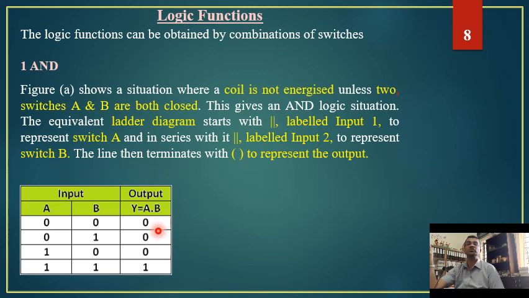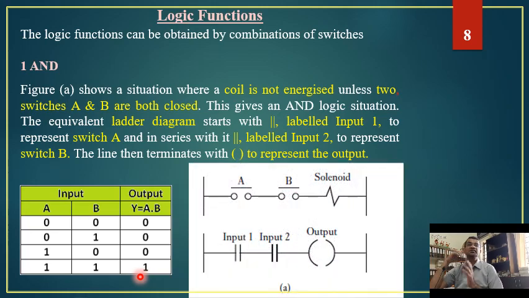There is no output. Now when input A is not there, but input B is there, although input B is there, the output is 0, because 1 multiplied by 0 is equal to 0. Similarly, when the A input is there and the B input is not there, the output is not there either. So we can obtain output only when both inputs A and B are available. When A is high and B is high, only then the output is also high. So this is what an AND operation is.